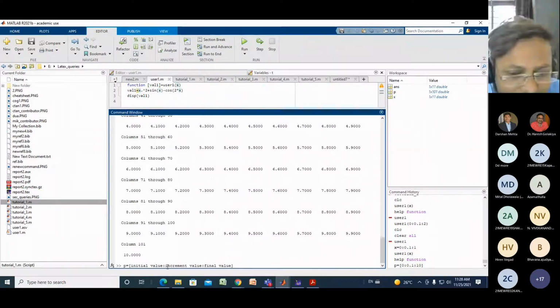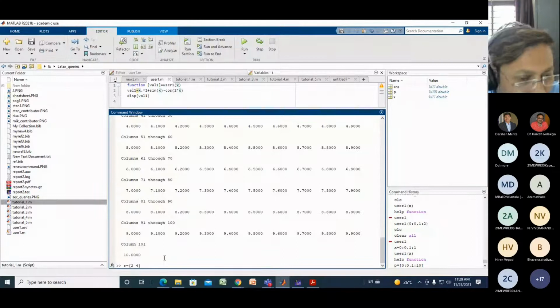So this p is one vector. Here you write the initial value, the last one will be your final value, and you can define the increment value. So you can define any incremental value from this. So this is one way to write a vector. Second, for example, I want another vector. You can simply write 2, second element is 4.